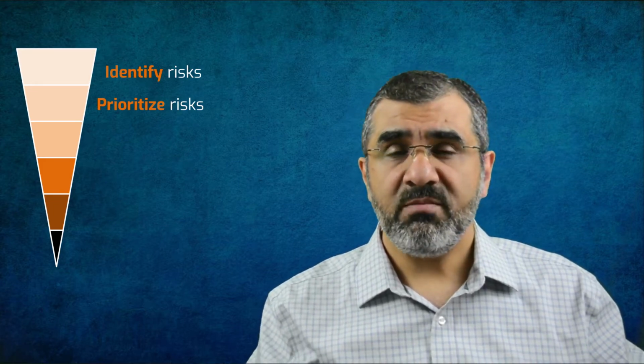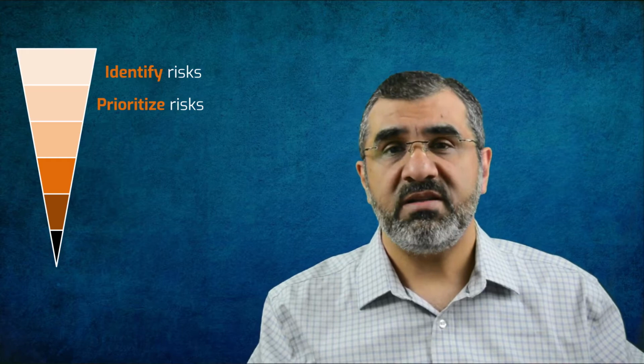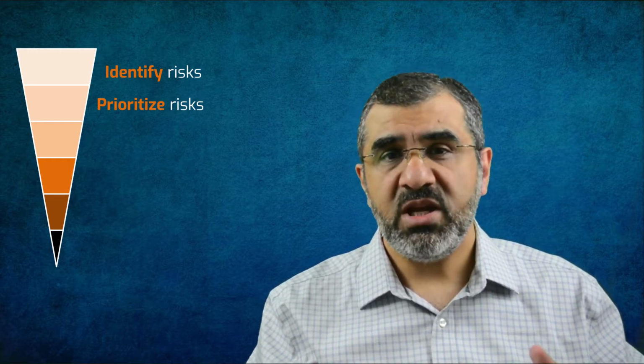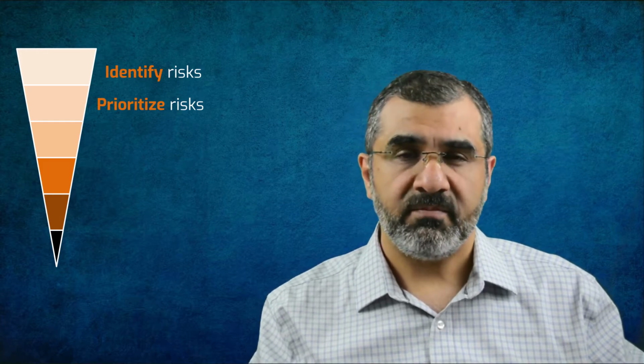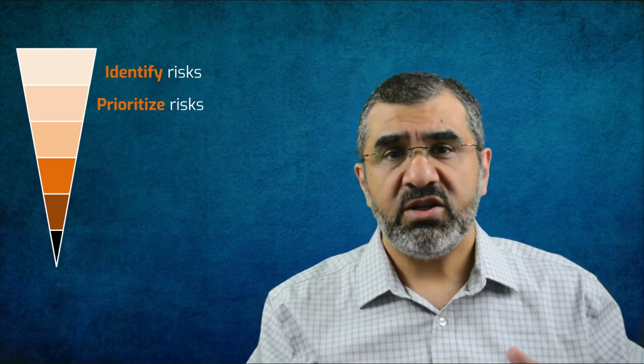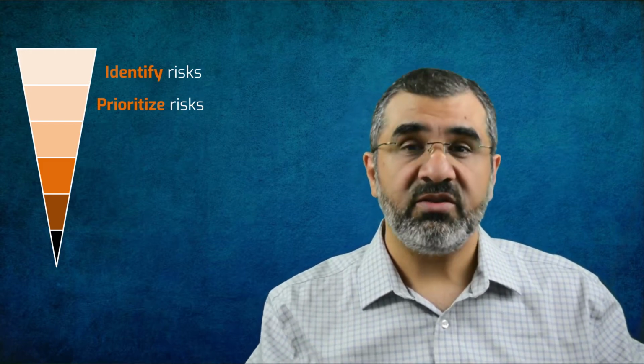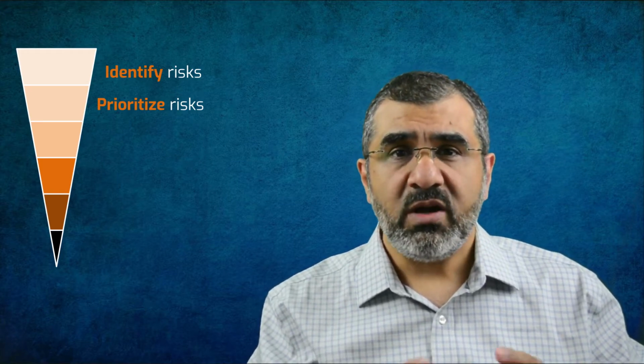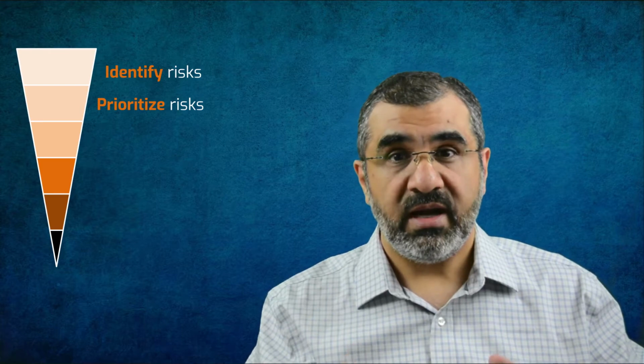The project may use different scales for prioritization, but the simplest one is calling the risk a high, medium, or low priority risk. Another similar one is red, yellow, and green risk, representing the 3 types: high, medium, and low. Now the question is, what do we do next with this prioritized list?